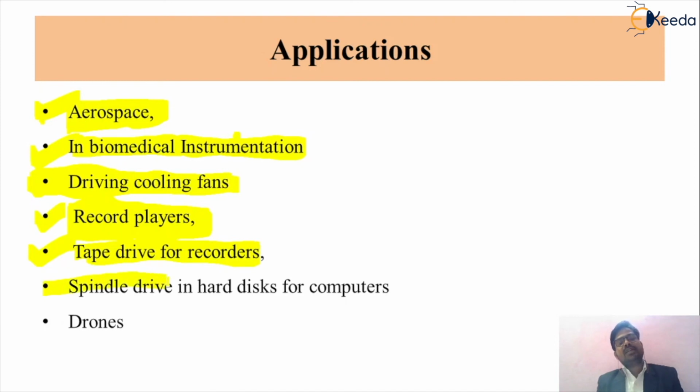So friends, the next application of the BLDC motor drive is the spindle drive, then the hard disk for your computer. So in different computer peripherals, we prefer the BLDC motor. And then the last application, which is nowadays very popular for the BLDC motor: BLDC motors are used for the operation of drones, because drones require various positioning sensors. This type of Hall effect sensor will provide the actual position of the drone.